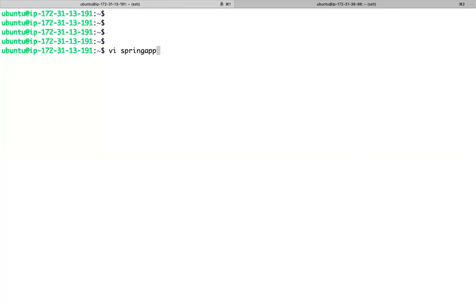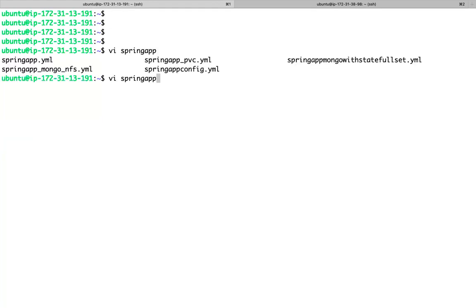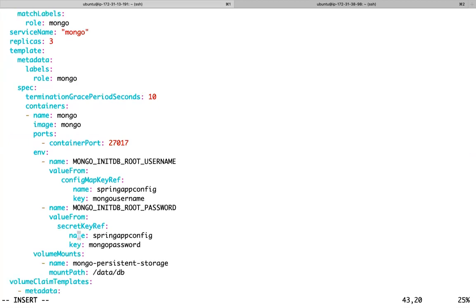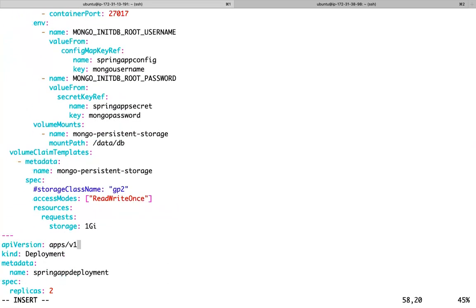Or let me do something: here, the secret key reference, I just didn't change this one. Maybe you can define something like Spring App secret. I need to create this secret object.